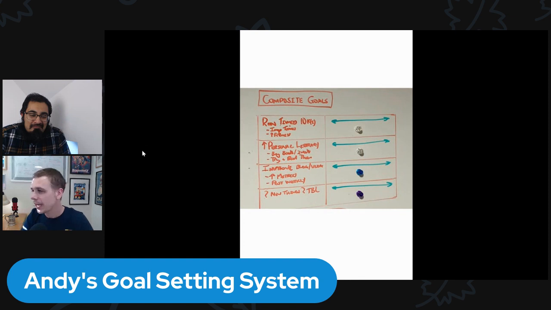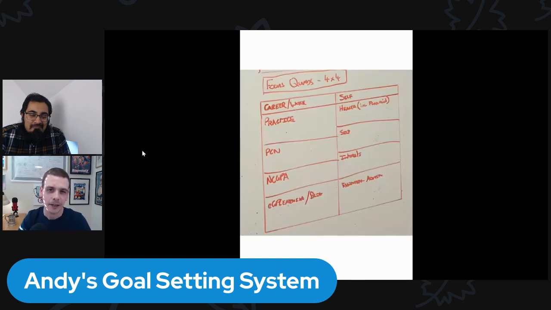So that's composite goals. And then the final thing, I was thinking about where I want to focus my energy in the coming year. Just sitting back, reflecting on what's important to me going forwards, because we don't always actually divide our time and our energy in that way. I've not done an audit to look at how I've been dividing my time, but we don't always actually behave according to our values or what we value.